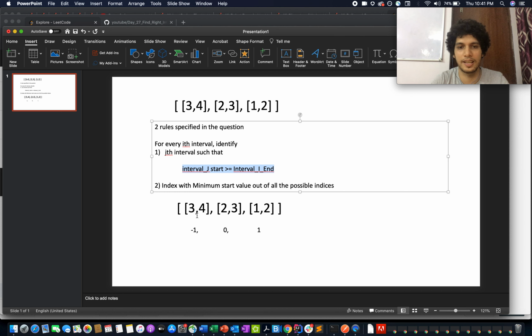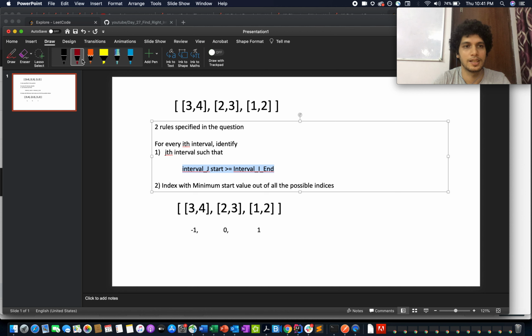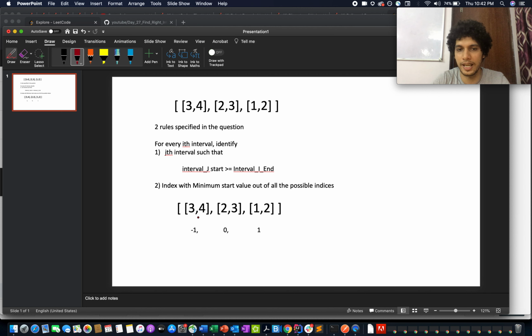So let's iterate through this example. We are given [3,4], [1,2], and [1,2,3] and [1,2]. This is at the 0th index, this is at the first index, and this is at the second index. So let's iterate through this for the first value of the array. It's [3,4]. This is i in this case, and the end of i is 4. So we go to the next element and see whether the equation holds true or not. It doesn't hold true. It doesn't hold true. Now we move ahead. It doesn't hold true. So no possible value exists, and we add -1 to our answer.